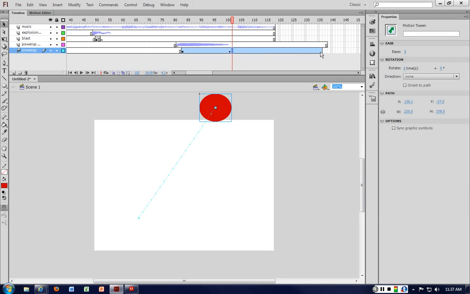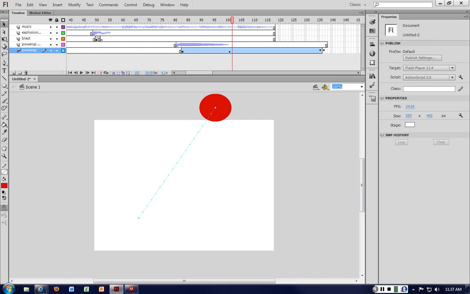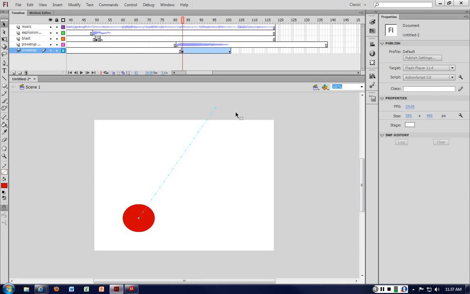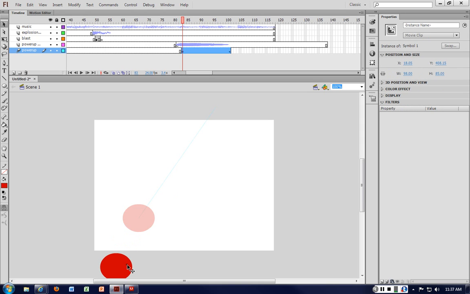So you can select chunks of your movie clip and you can delete it. I could just do this if I want to. See what happens here. Okay, and I want to move this. We could leave it there. I'll just move it off the stage here. So now if we were to play it,